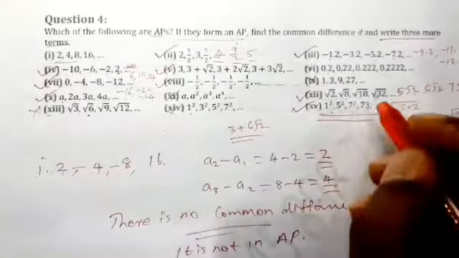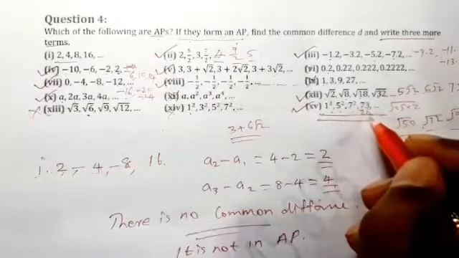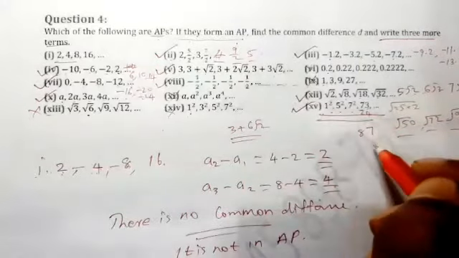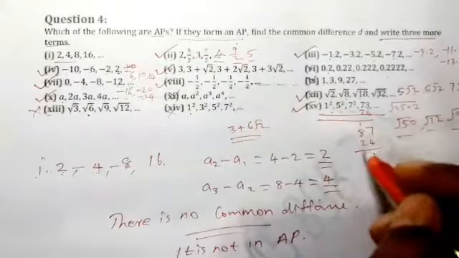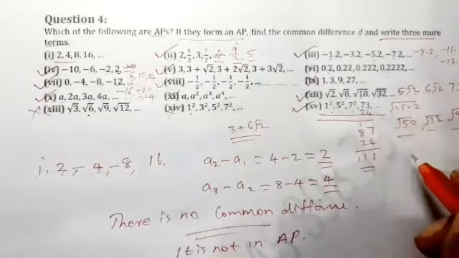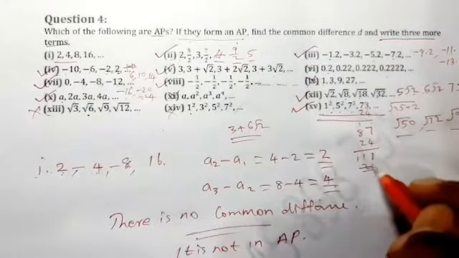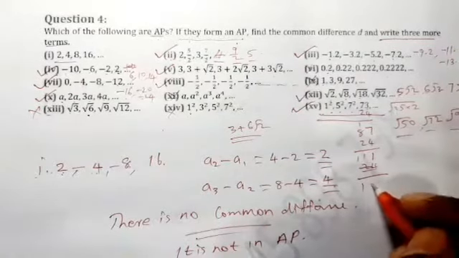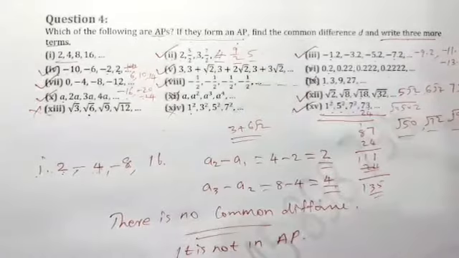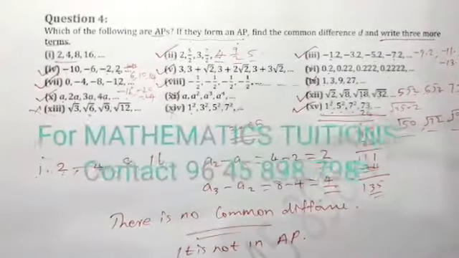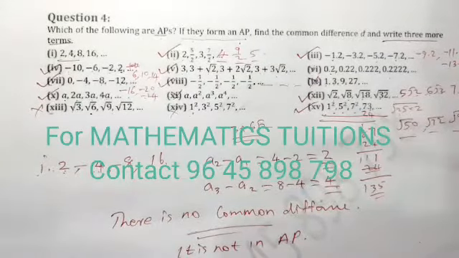73. Again, 24 we can add. 24 is the common difference. So here 87. Again 24 is added, we get 111. Okay. Again 24 is added, we get 135. Similarly, we can find the next 3 terms. So if we get the sequences in AP, just find out the upcoming 3 terms also. Thank you.